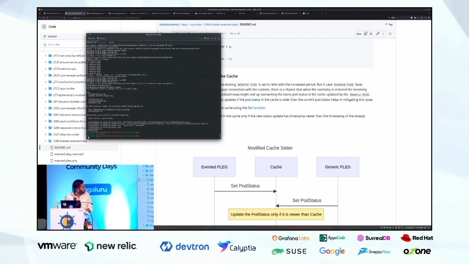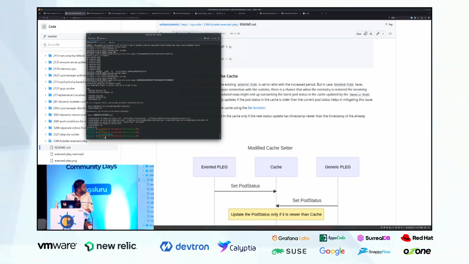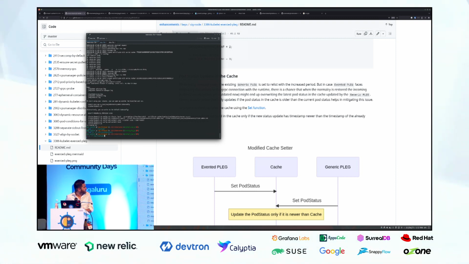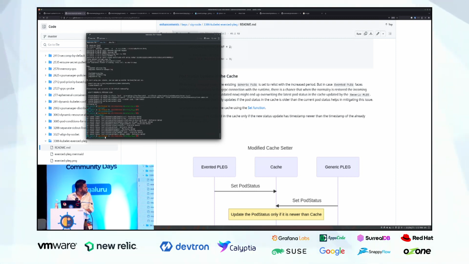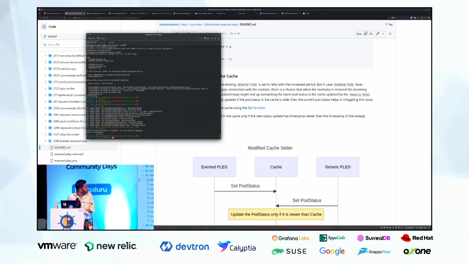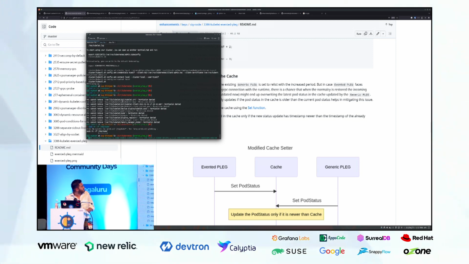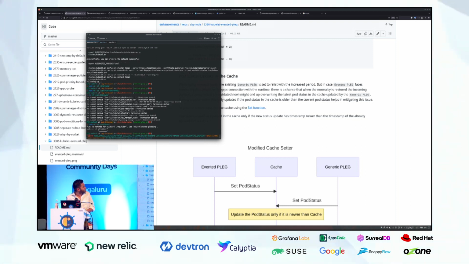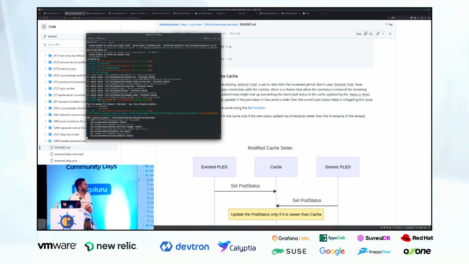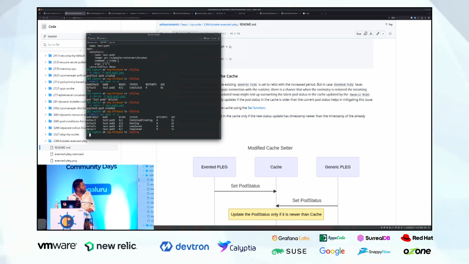And if I run the same thing without the events, yeah, I'll run it without the events. Give it a minute. And then what will happen is this pod will directly jump from container creating to completed